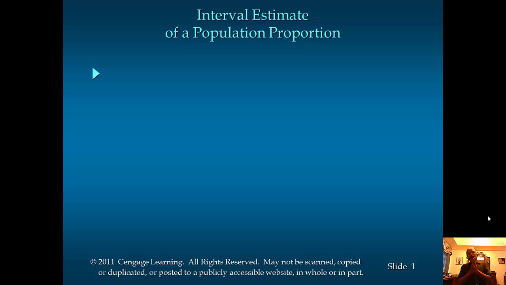Now, in this video, we're going to look at the confidence interval for population proportion, p. Population proportion is a unique case. So far, we've been looking at general populations where we have a continuous random variable, which can take any value within a given range. But when you're talking about population proportion, what we're talking about is